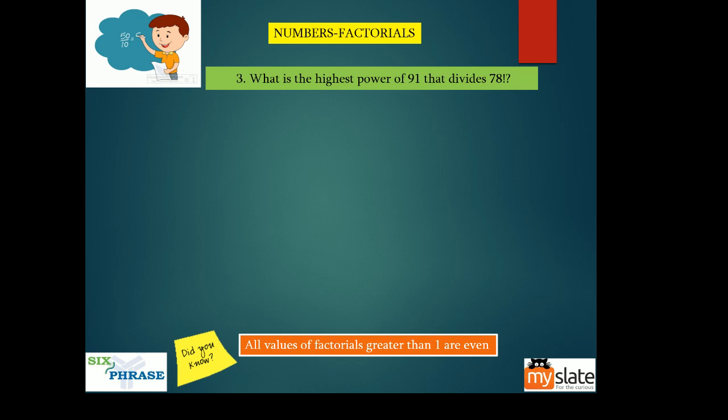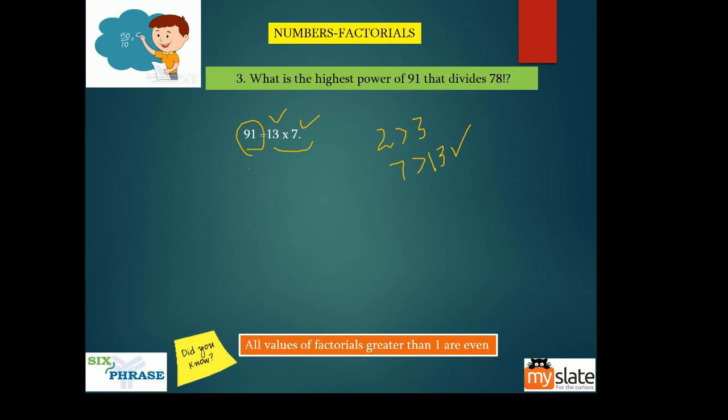What is the highest power of 91 that divides 78 factorial? Guys, you already know this. Do you need to find 91? No, you divide it into 13 and 7. Now you tell me, will the number of 7s be more or the number of 13s be more in 78 factorial? See, do you remember 2 and 3? Which was more? Number of 2s were more. Similarly, the number of 7s will be more than the number of 13s. So it is sufficient if you find the number of 13s alone. That will tell you how many 91s you can make, because 91 is a combination of 13 and 7.